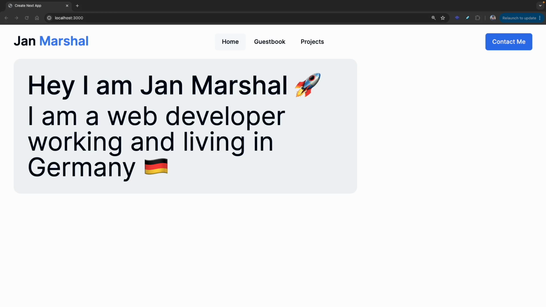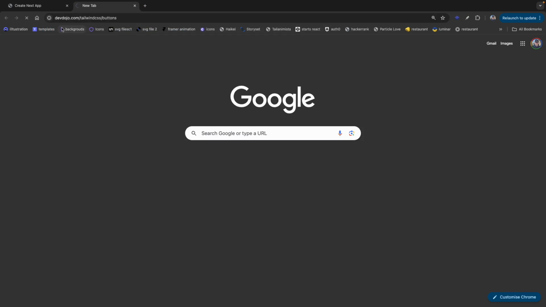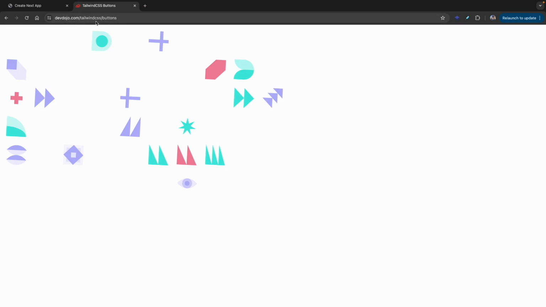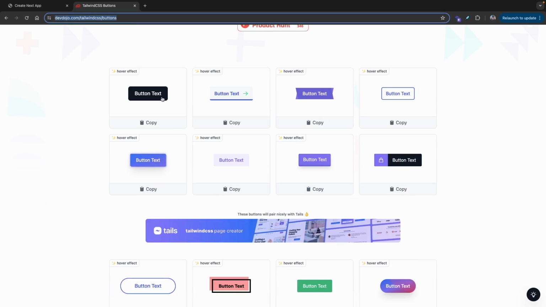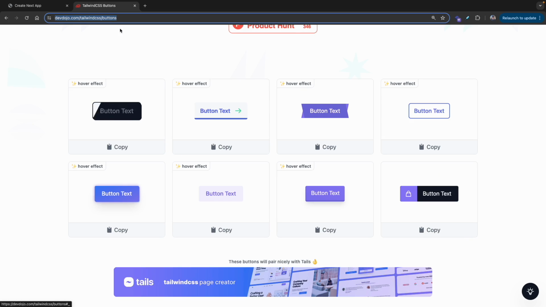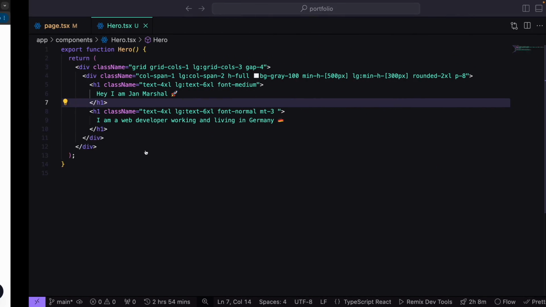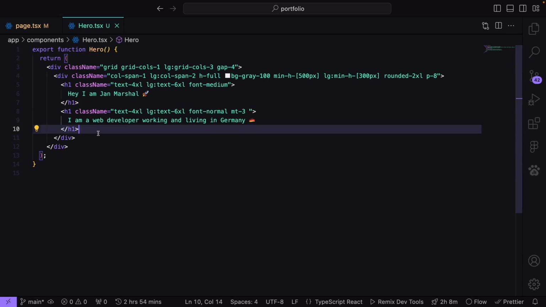And for the button, you could now either go to my GitHub and copy it, or what I'll now open is a special website. This is the website devdojo.com/tailwindcss/buttons. We'll use this actual website to copy this button right here. I liked it quite a lot, and it's actually not that easy to recreate yourself. So either go to this URL right here, go to my GitHub repo, do whatever you want, but we'll need this button. So let me click right here on copy,